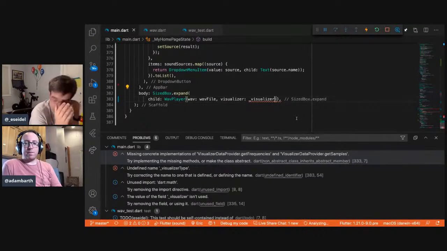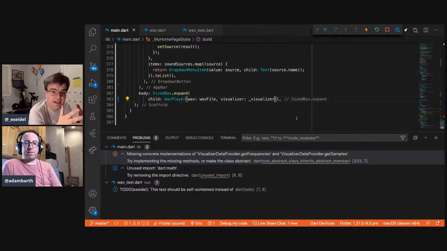Refactoring, I feel like it's one of those things where you just need to go into the tank for an hour and page it all into your brain, type it all out right, and then come out the other side.